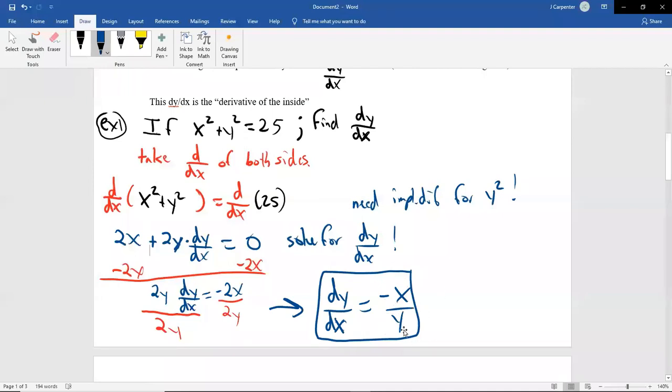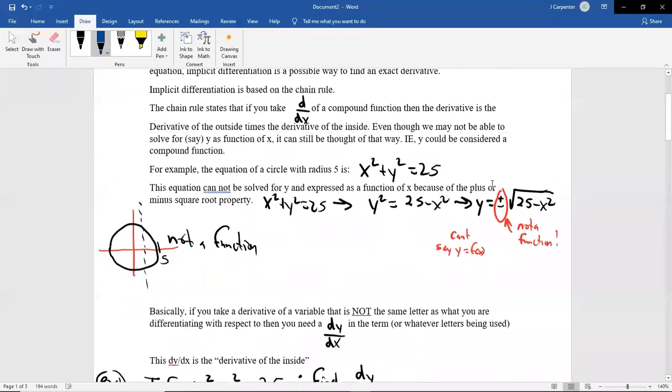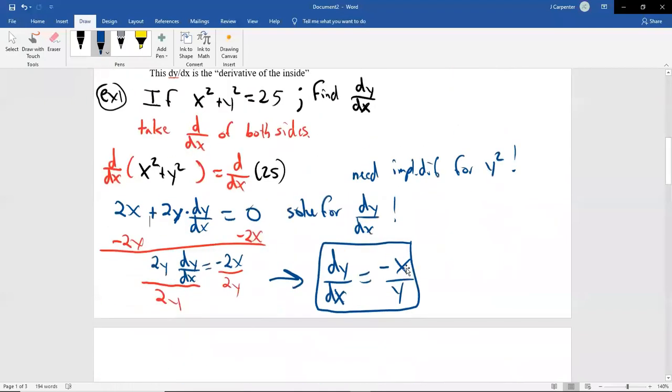Now, you might say, well, Mr. Beckner, if I know what y is, I could plug it in. But again, we can't say that y is anything because it's actually two things. This is the best you can do for this problem. There are problems that you could, in theory, plug the y in there and get a different looking answer, but that's the best we can do for now. For this problem, it's all we can do.